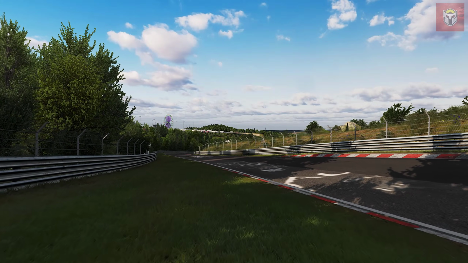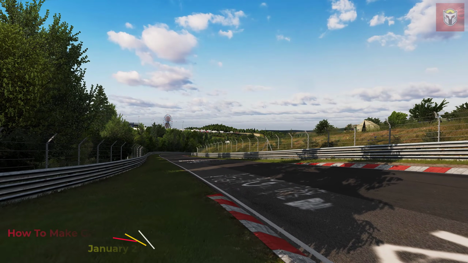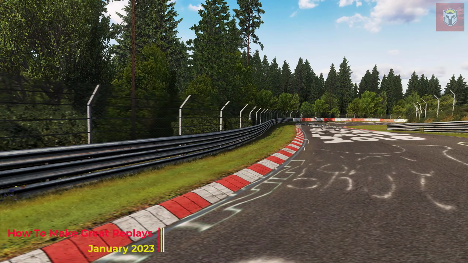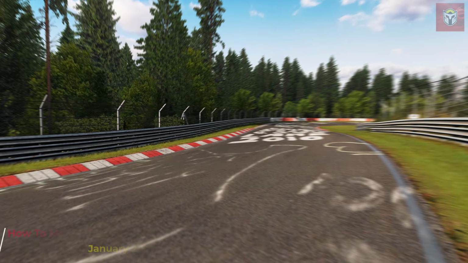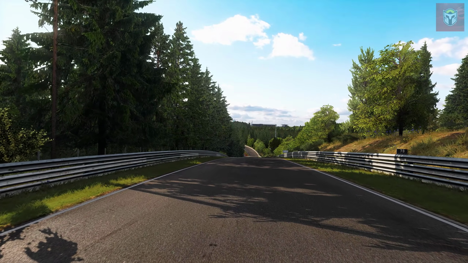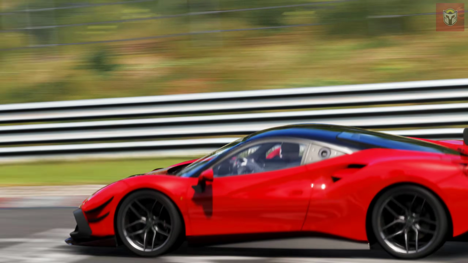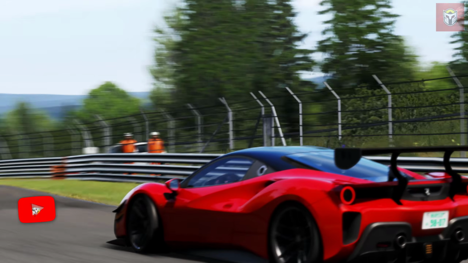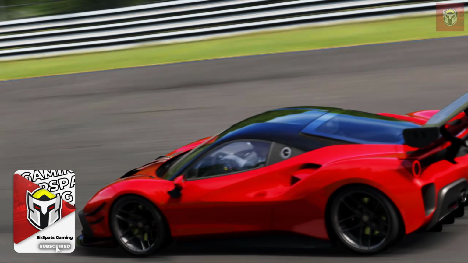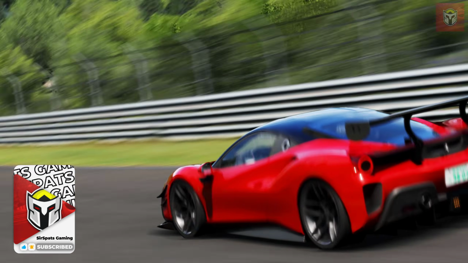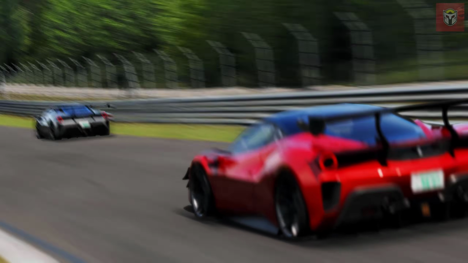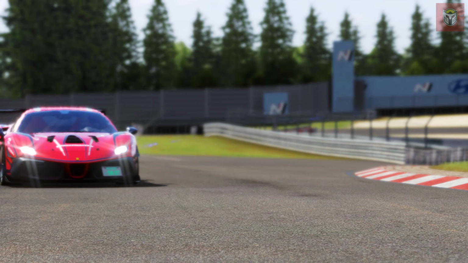Hey everyone, today I'm going to be showing you some cam tools because I'm always getting asked questions about these. I have done a video on one of these a long time ago, but today's video is about how to make great replays, and that is replays like this. The tools I'm showing you today will mean you can use your creative spark with them to create these fantastic